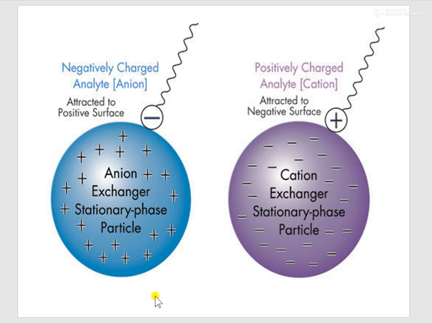This slide depicts the type of stationary phase used for ion exchange chromatography. So you have a fixed ion. This core will be made up of fixed ion, and there will be a counter ion. The counter ion will be attached to the fixed ion. So this is an anion exchanger, where the counter ion is negatively charged. And here the fixed ion is negatively charged and the counter ion is positively charged. So this is a cationic exchanger.